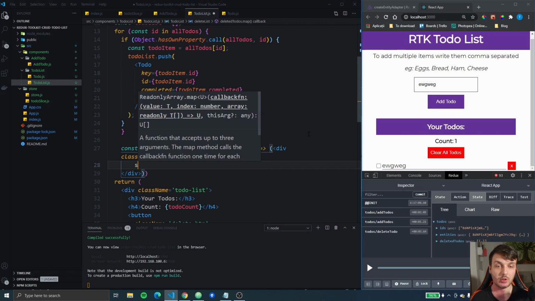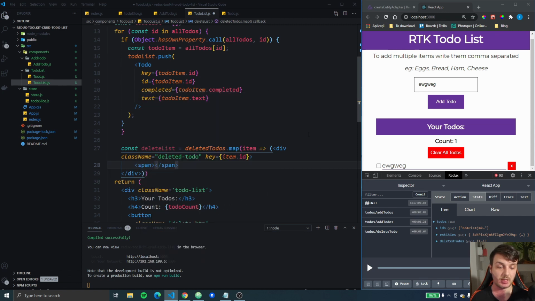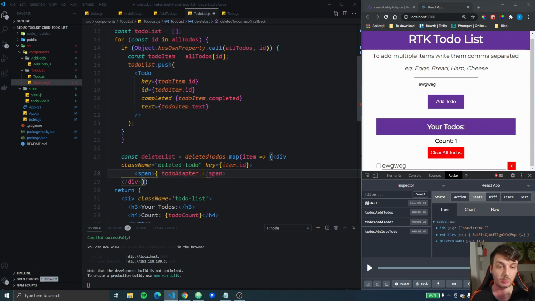Okay, and now we just display the data. So we get the to do dot text inside of a span, and also we're gonna create a button which is gonna say restore, as you saw in the example, and the on-click handler